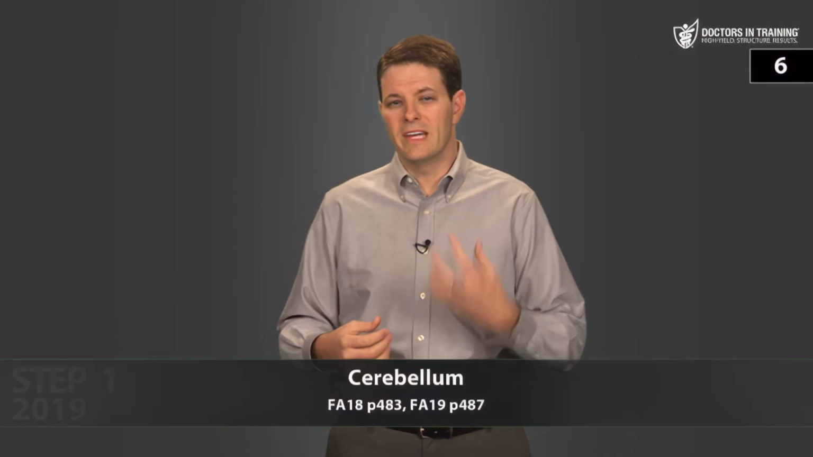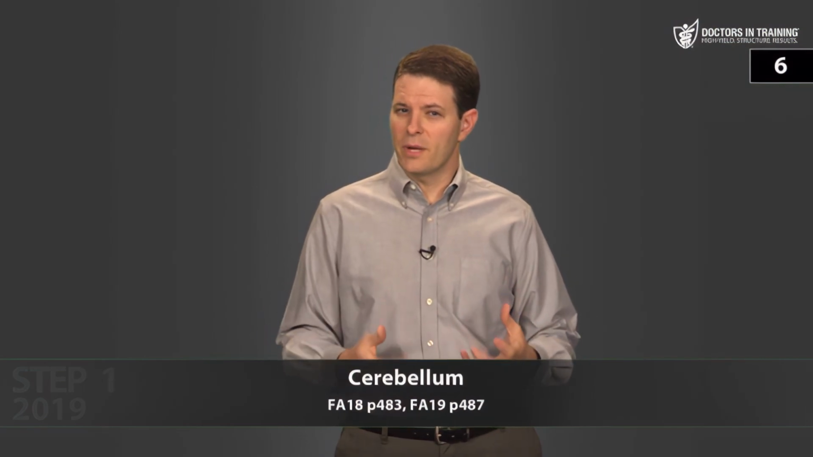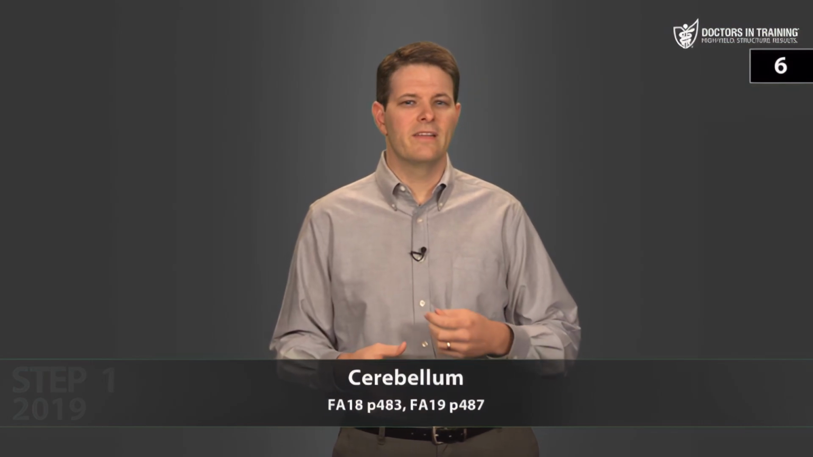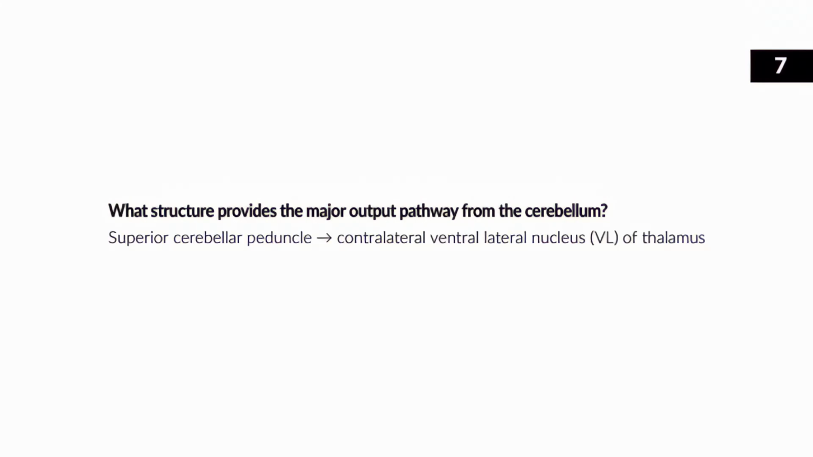So information flows into the cerebellar cortex, then it goes to the deep nuclei, and then out to the thalamus. And where in the thalamus is this information going? To the ventrolateral nucleus, or the VL. We said the VL relays information from the dentate nucleus to the motor cortex. The next question says, what structure provides the major output pathway from the cerebellum? Well, this is the superior cerebellar peduncle, which carries fibers from the deep nuclei out to the ventrolateral nucleus, specifically